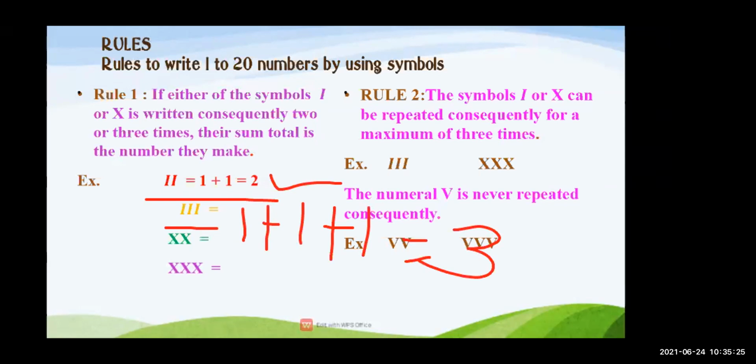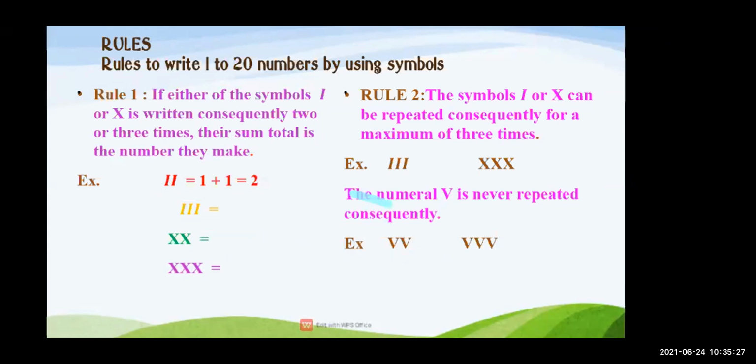Now our next example which I have written over here, that is X. Now X means what? X means 10. So X and X, what is it? 10 plus 10. So 10 plus 10 will make what? Very good, Pradyuman. 10 plus 10 equal to 20. So here the third example, that is X X, it will become 10 plus 10, that is 20.